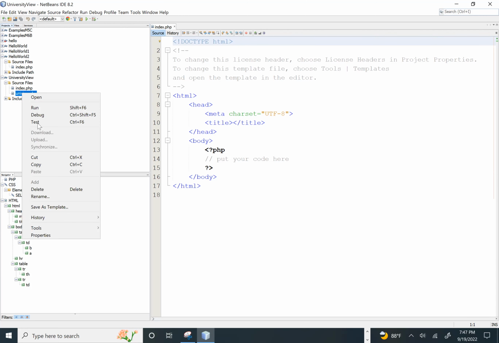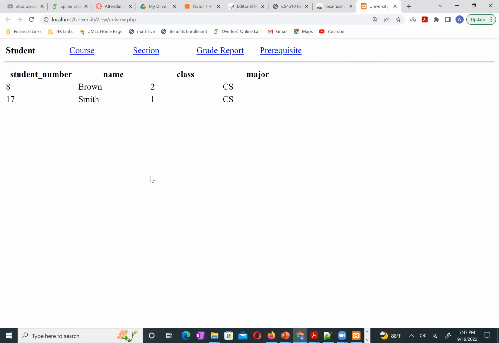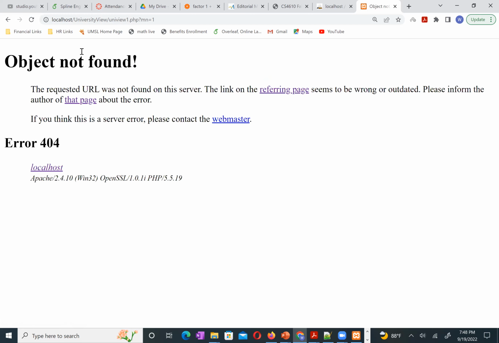Right click, run. So you see the result immediately. See, pretty fast. My Chrome browser opened up immediately. In this one you can see we have 5 tables. I put 5 tables, each table name as a hyperlink. So when you click it, you see,